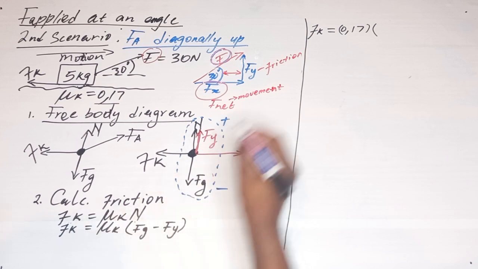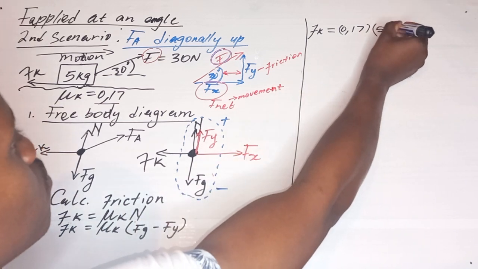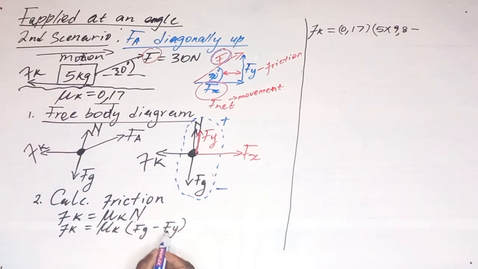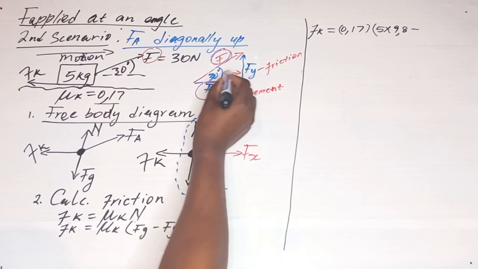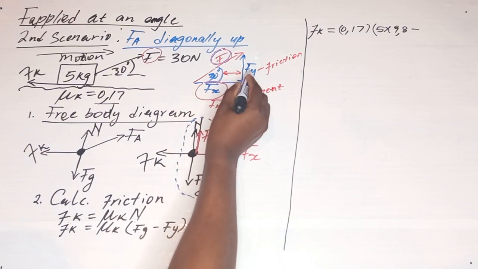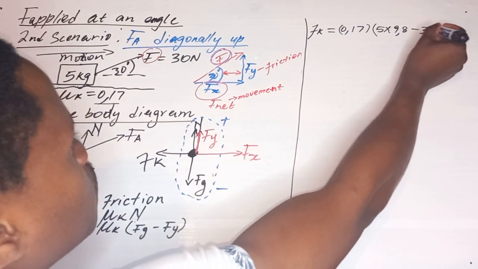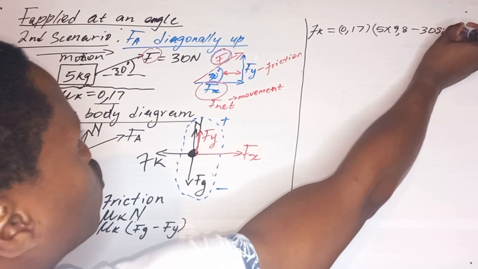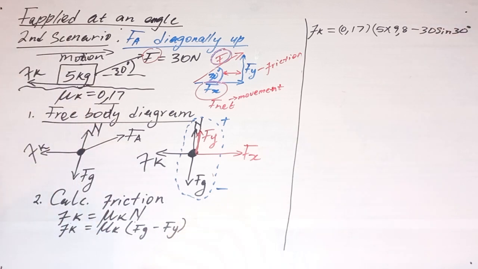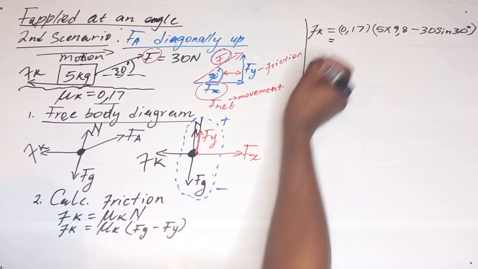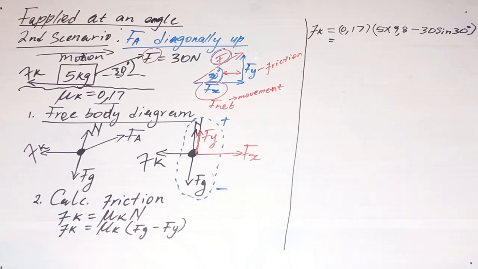Fg, we know it's m times g, which is 5 multiplied by 9.8 minus, and then Fy, we remember we said we are using sine because this is this angle and the y component, they are opposites of each other. So this is going to be 30 sine of 30 degrees, right? Sine of an angle. This angle is 30 degrees. Then you close your bracket. And then if we are punching that in the calculator, I believe we shall find